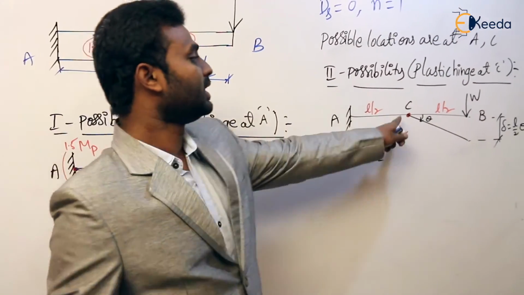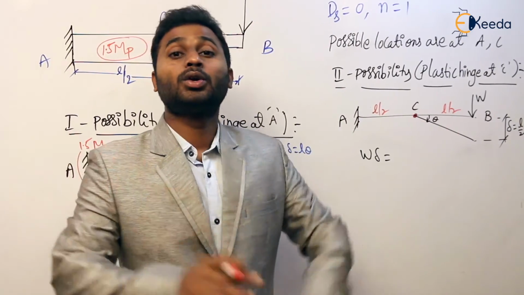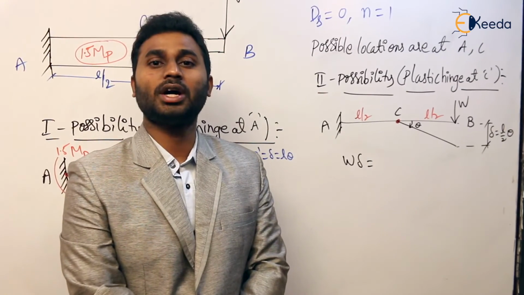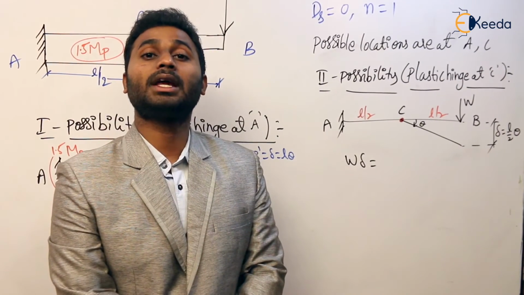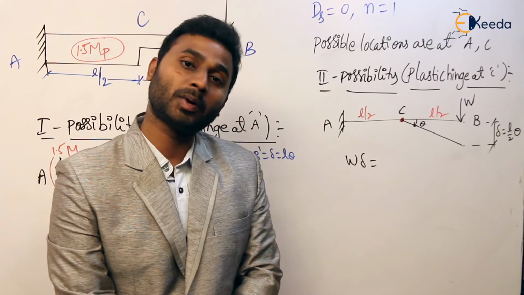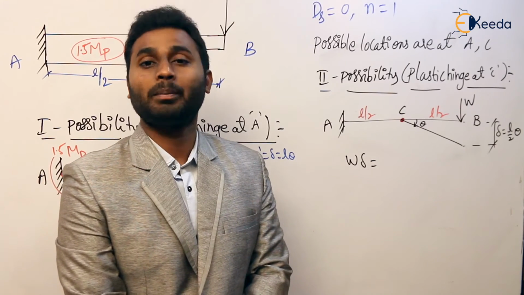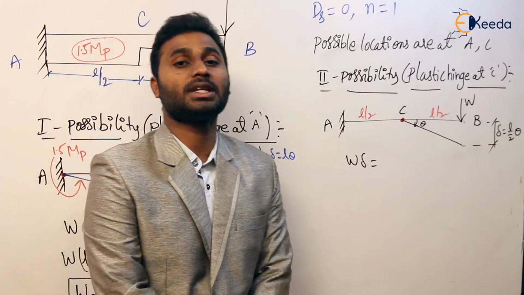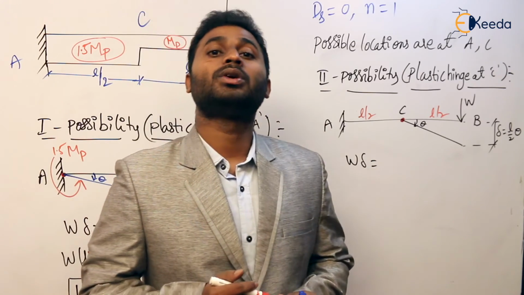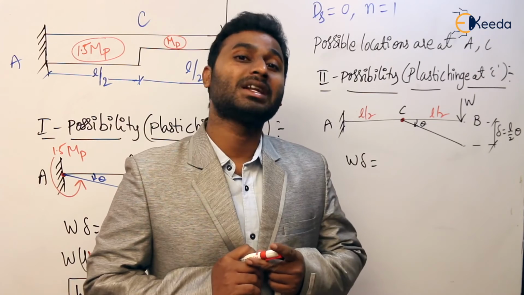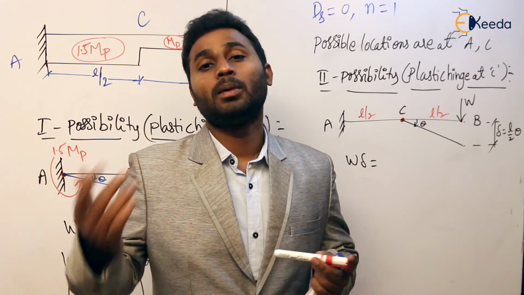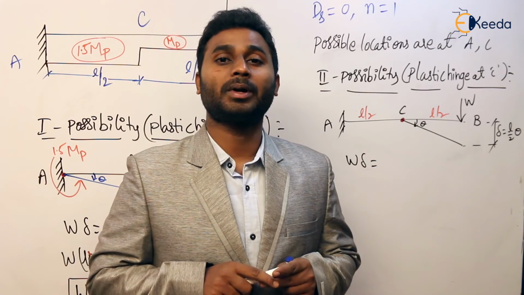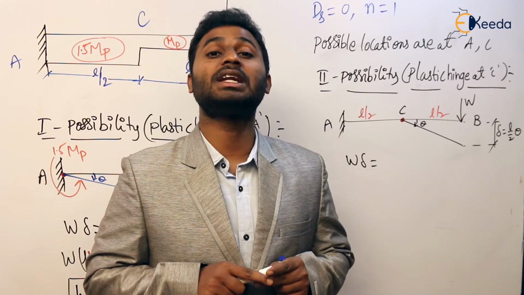Now here C is a joint where two members with different plastic moment carrying capacities are meeting. One is having 1.5 MP and another is having MP. Now which MP to consider here? C is a junction. So which MP to consider in the given question? Here MP is nothing but internal resistance, or you can say moment carrying capacity. Clear? Now as it is an internal property, we should consider the least.